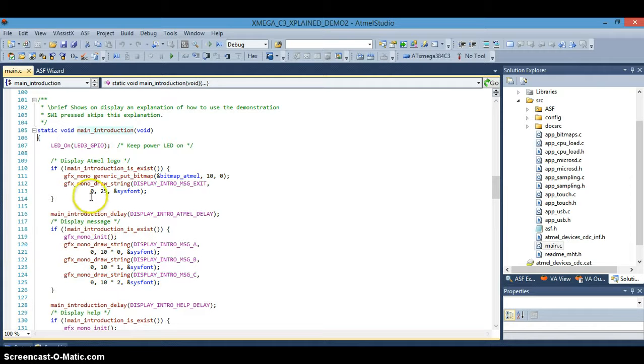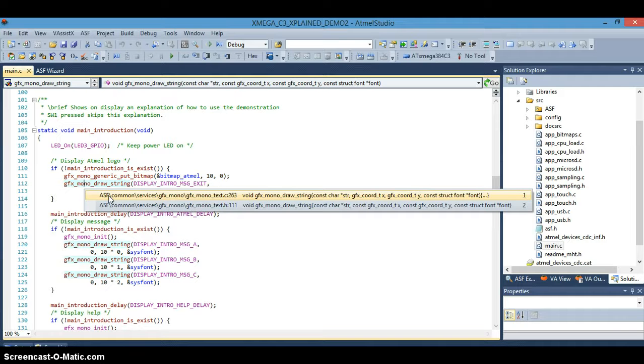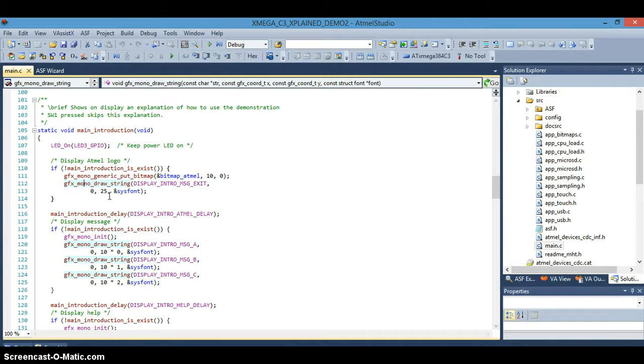Then each one of these functions you can highlight, and in this case, this function is going to draw a string of characters as part of the intro demo. You can right click it and go to its implementation,